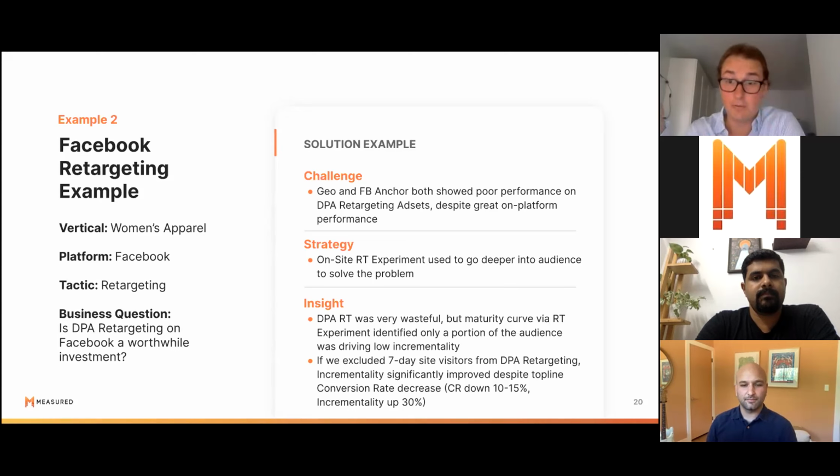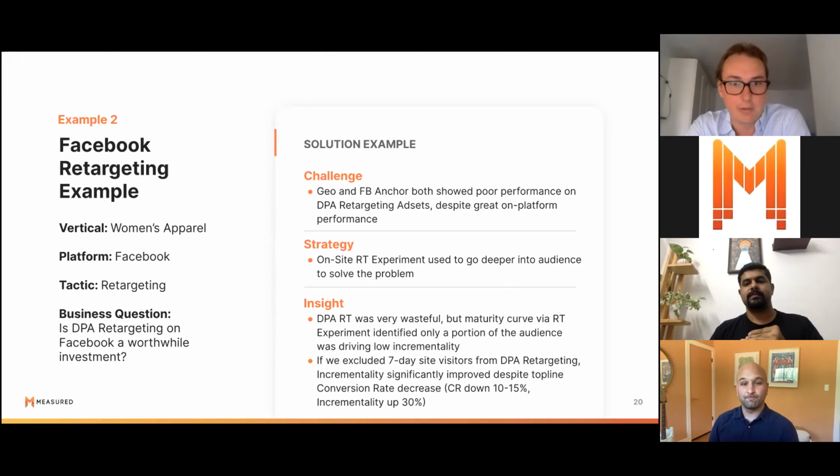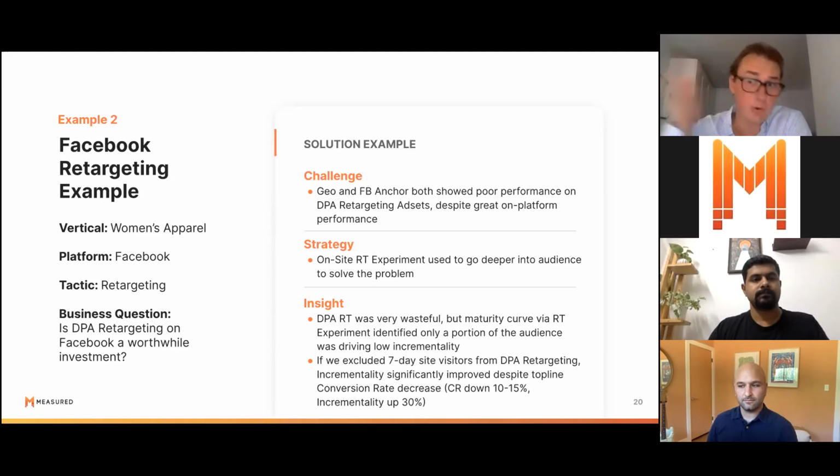However, if you extended that window further, so 14 days from visiting the site, 21 days, 30 days from visiting the site, you saw a much worse conversion rate because those folks are less interested in buying, obviously, if they're waiting that long. But the incrementality of the ads was actually a lot higher. So even though on the surface those early visiting customers looked to be the really valuable ones to hit, they actually had no value in receiving ads, where the ones further down the line were more incremental and drove a much higher ROAS. So essentially what they did is create exclusions on Facebook to target only those less recently visiting customers, if that makes sense.